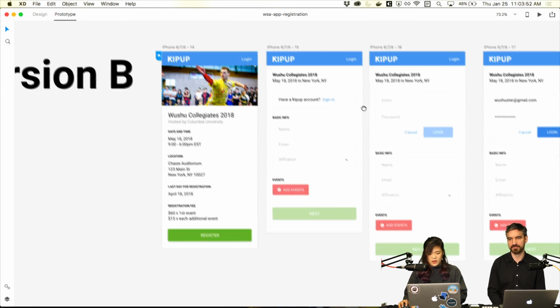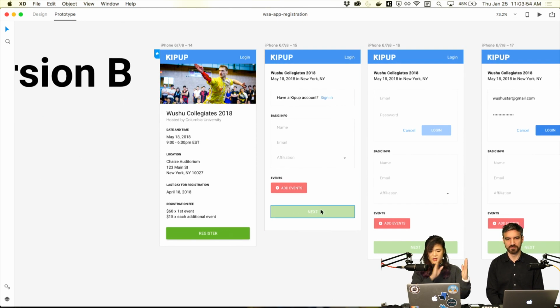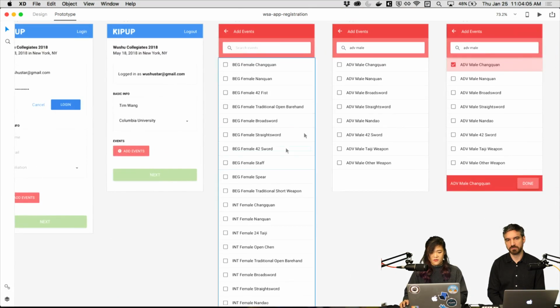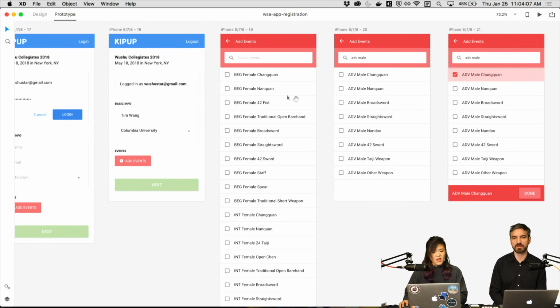So instead of having a next button and having like a two-step process, I was thinking, why don't we keep all the steps on one page, and this event button would take you to that familiar events page. And then you come back. And then you go back.